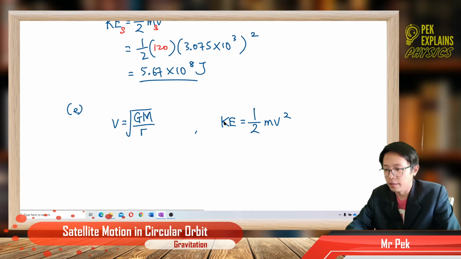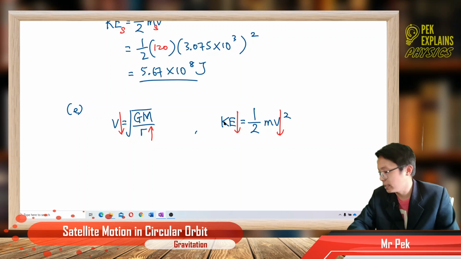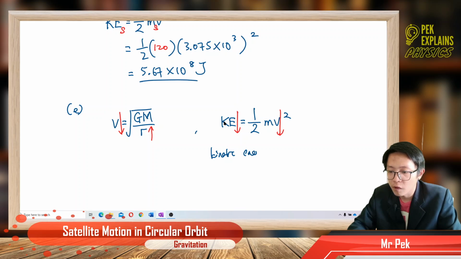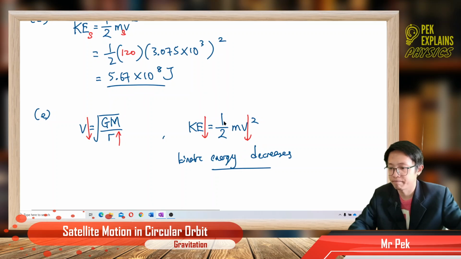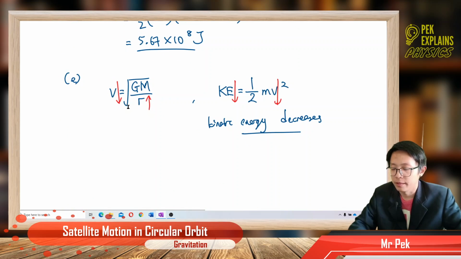So see what happens. Higher orbit, bigger radius. Bigger radius will have smaller speed. So going far away from the Earth, the speed actually becomes slower. At lower velocity, lower kinetic energy. That's it. So the answer is the kinetic energy decreases as moving away from the Earth. In higher orbit, further away, the speed becomes slower,